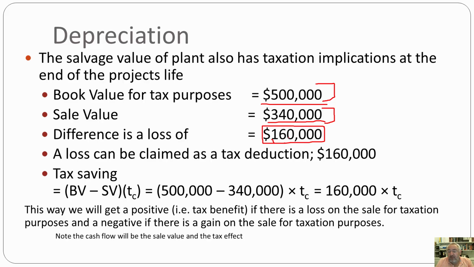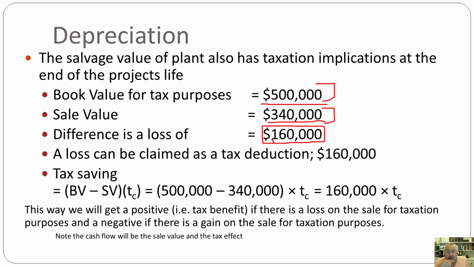Australian tax legislation allows you to say, well, look, okay, we did an estimate according to your rules of what the expense was, and we've depreciated it down to 500, and now here we are at the end of the asset's useful life, we're getting rid of it, but its value isn't 500, it's actually 340. So that extra depreciation, if you like, the under depreciation or the not enough depreciation we've done,